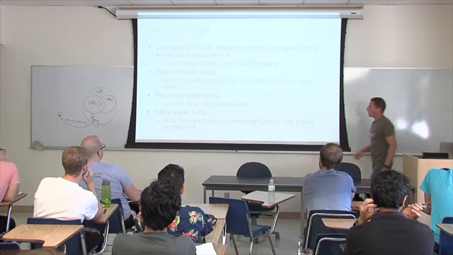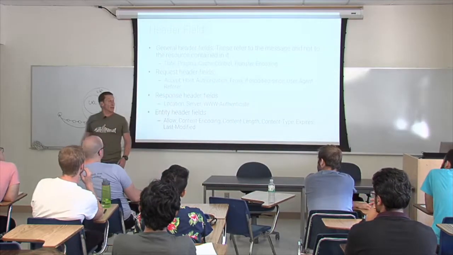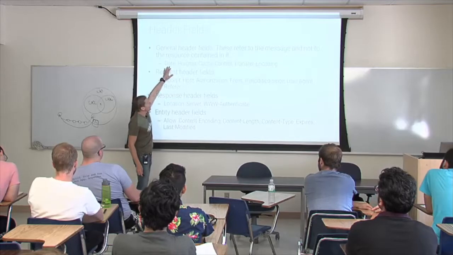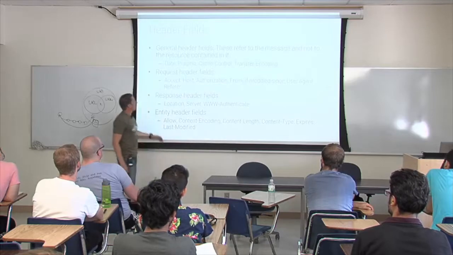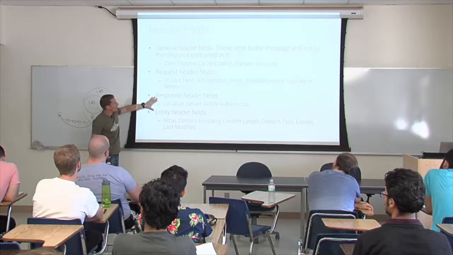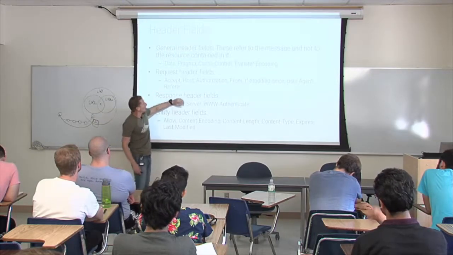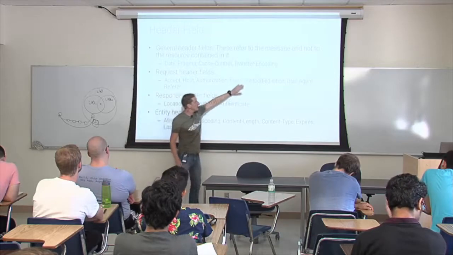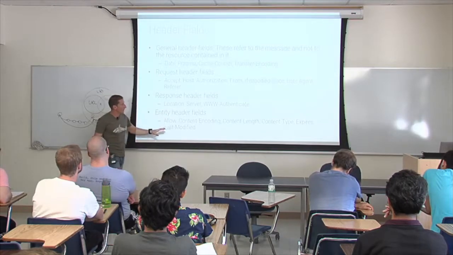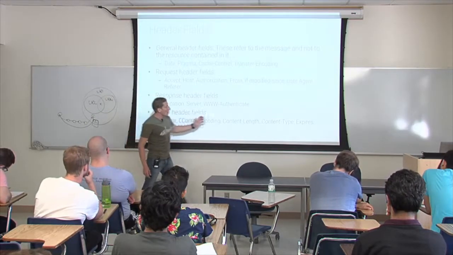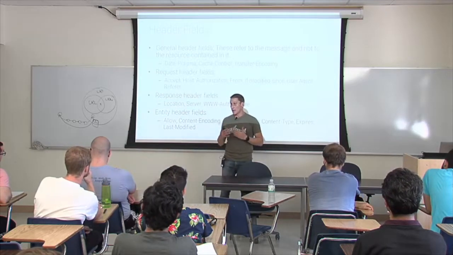So again, we have general header fields in both requests and replies. These are just something that has to do with the request, so for example, a date or the way in which we encode our transfer. Then we have request or response specific header fields, for example the host, if-modified-since are a good example, or user agent. And then entity header fields, so for example the content length of the particular entity they are giving to you. As you will see, that's an important field that gets misused a lot.